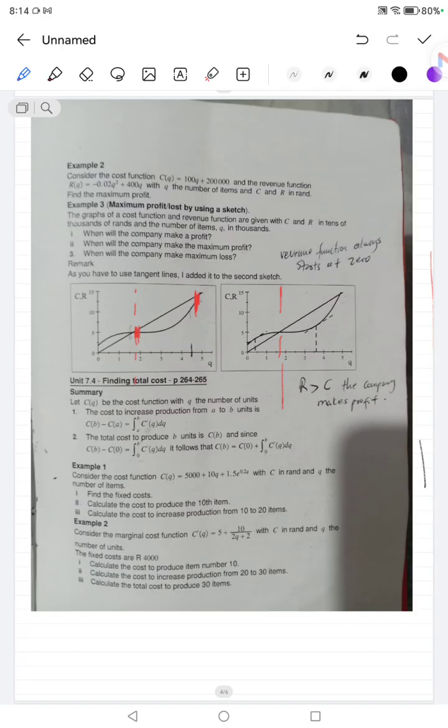you see. So now they're saying, when will the company make maximum loss? Your maximum loss will be somewhere around in this region. I would say somewhere around your 0.5, your 0.5 for here. So this region here, let's just note, is mainly where the company is making its losses. And also I think it's something that was also highlighted here,